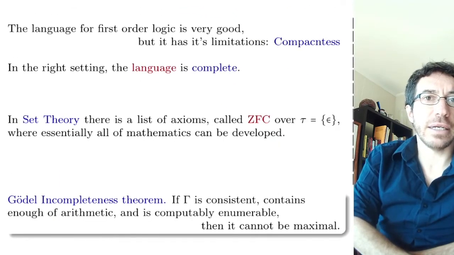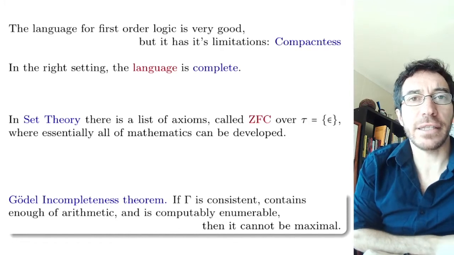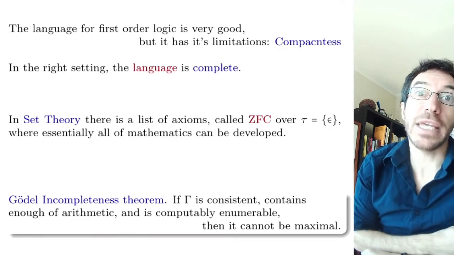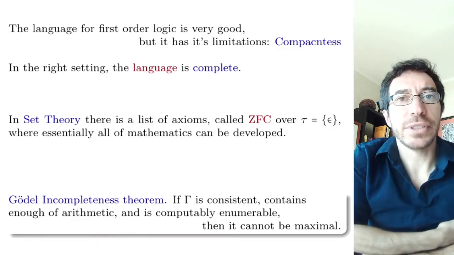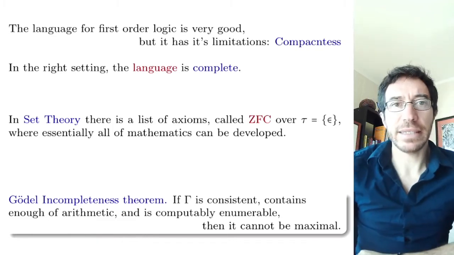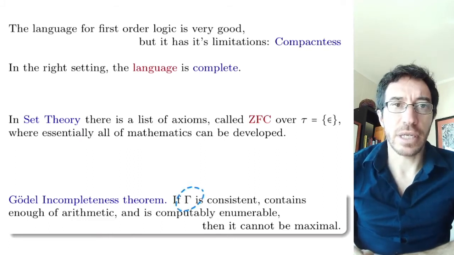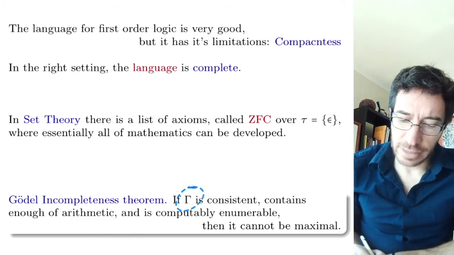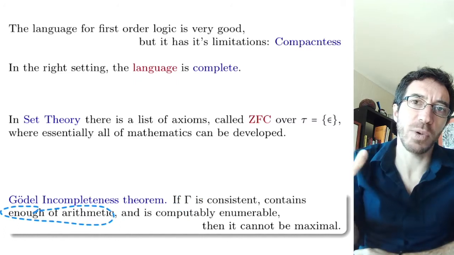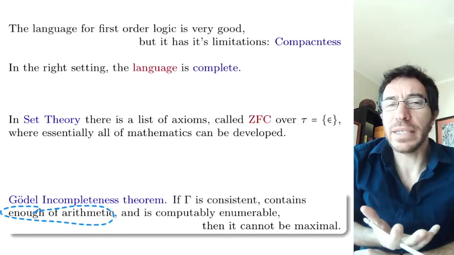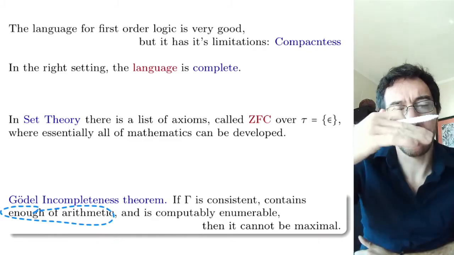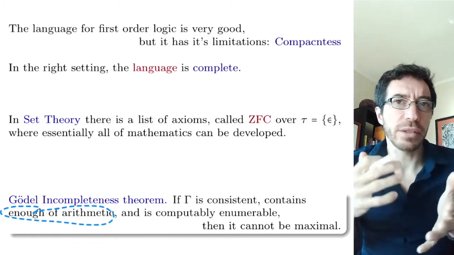And then came Gödel in the 1930s. After he showed completeness, maybe 5 years after, he showed the incompleteness theorem. Now he was referring to the axioms, in the case when you're trying to develop all of mathematics. He proved that if gamma is a consistent set of sentences that contains enough of arithmetic, so the vocabulary could be anything but at least it contains 0, 1, plus, times, and it has the basic properties of arithmetic, just some minimal ones to be able to work with it,